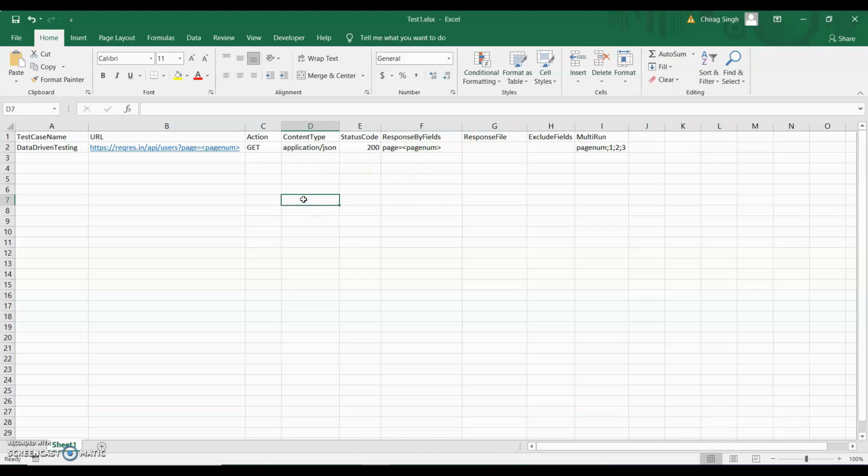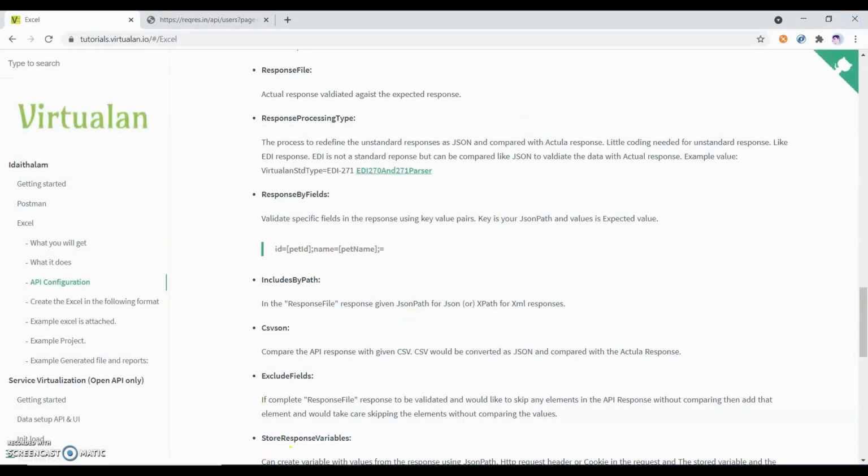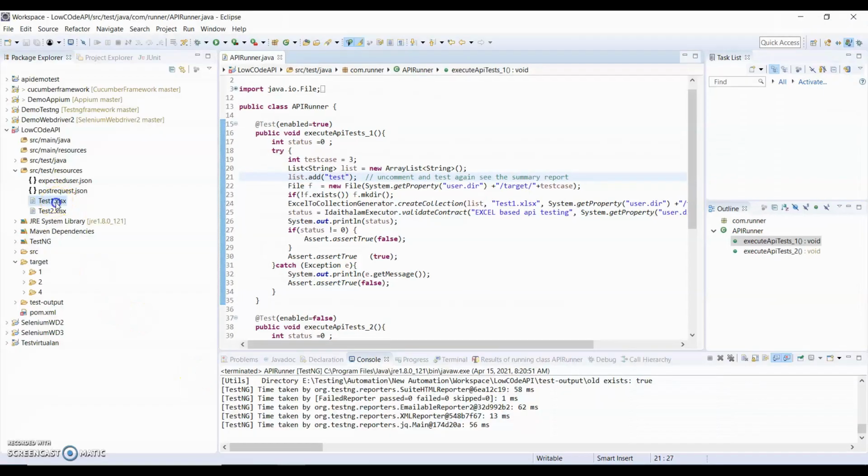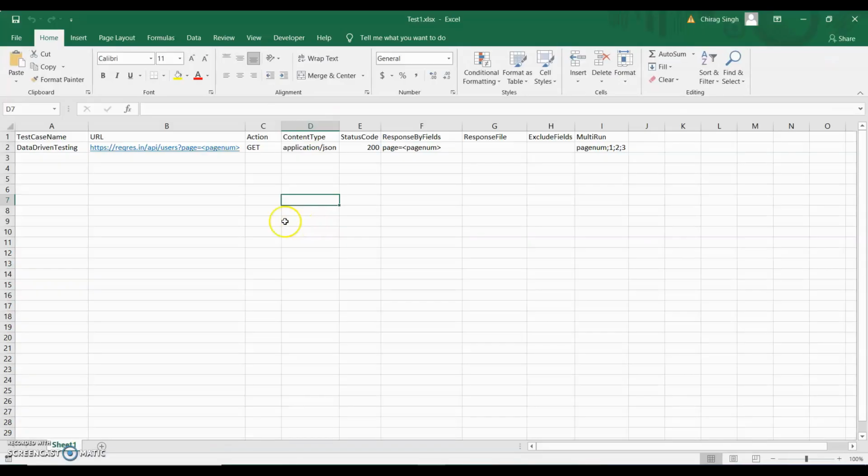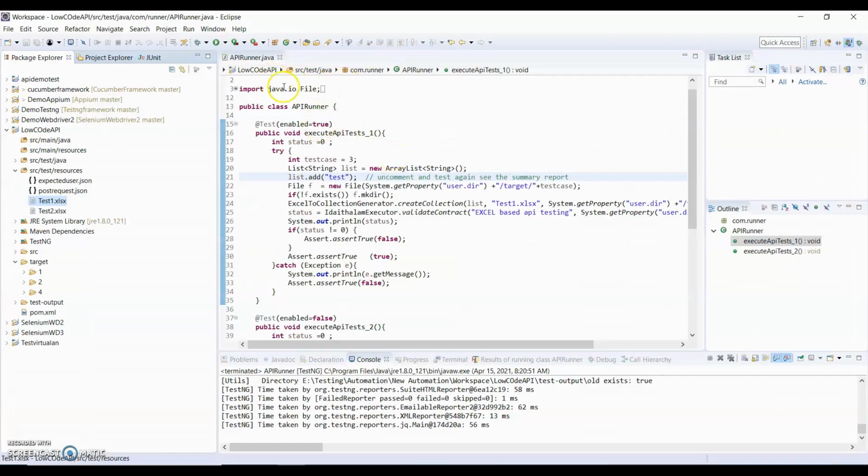So I save this, and let me open this again. This is my framework, and I save this. Now I just have to pass my data-driven test case under this API runner. I have passed this and saved it. Now I have to run.